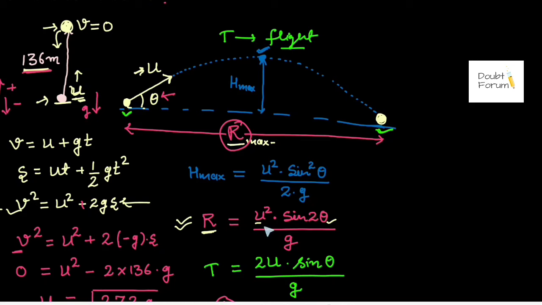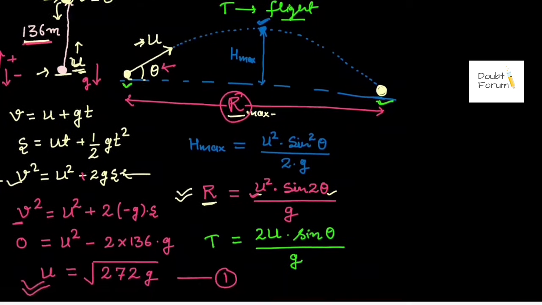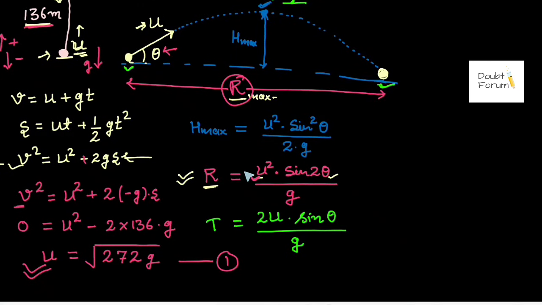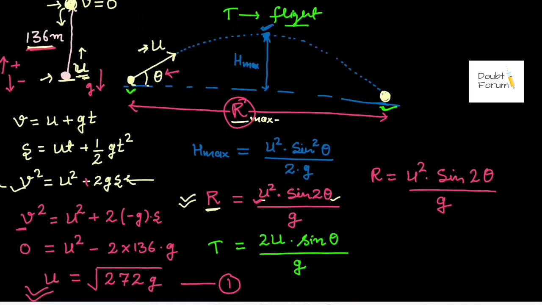So u is known but the angle is not known. But this is a universal fact. Let us see the formula for R. R is the range in projectile motion. R is u square sine 2 theta upon g. We must have learnt earlier that a projectile motion covers maximum horizontal distance when it is